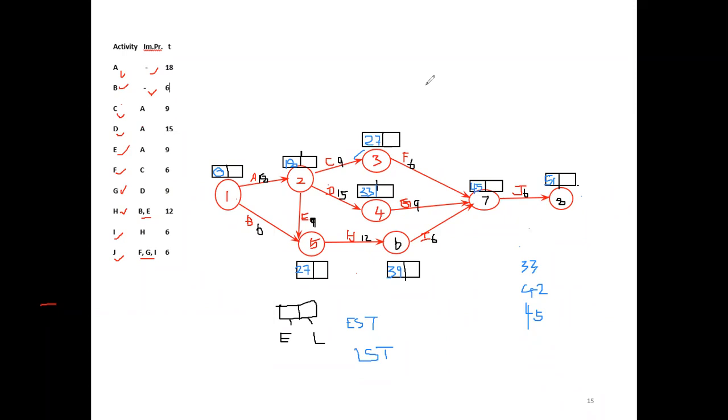Okay, now which column? This column. Right. Here, this is 51. So LST also will be 51. Starting from 51, we went from 0 and added every activity, 0 plus 18, like that. Now in the backward pass, we have to subtract the activity durations, then we will bring it down to 0.